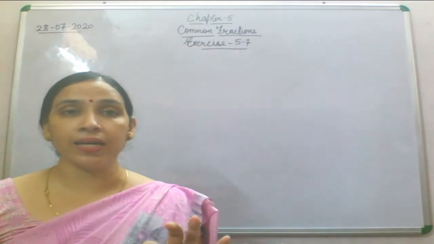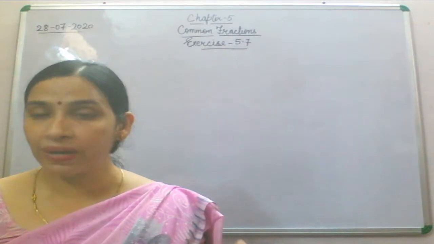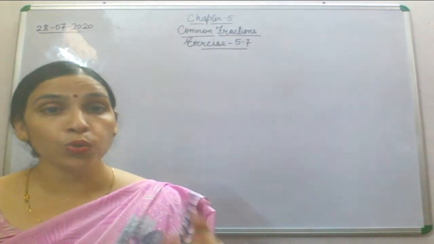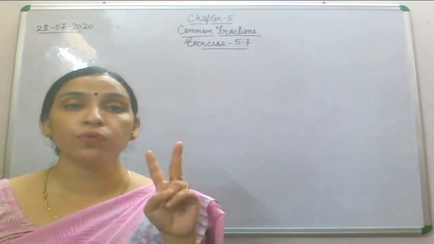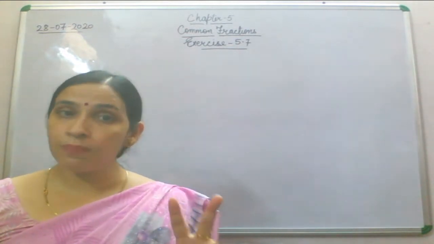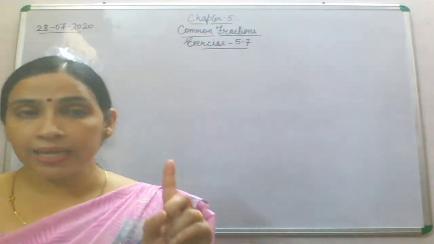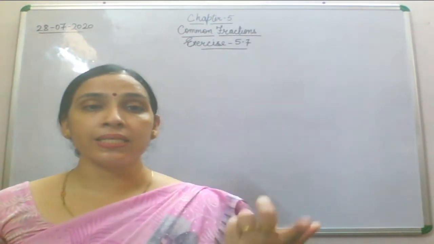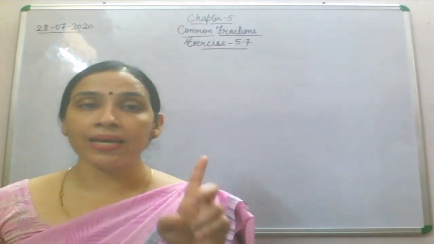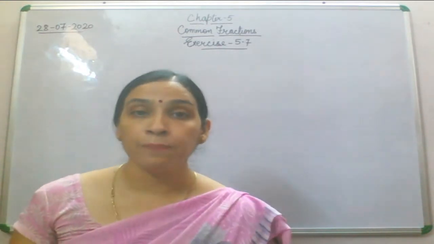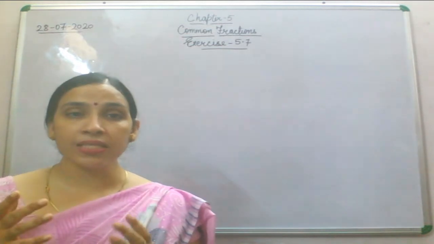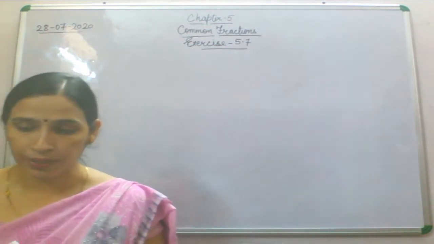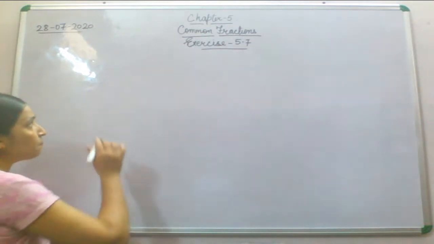Now what is given here? The product of two numbers is 8 by 15. What have been given to you? You have been given with the product of two numbers. So that will become your first statement. Now the next is, if one of the numbers is 24, find the other. So let's find out what is given to you in this question and how you are supposed to do this question. So let's start it.